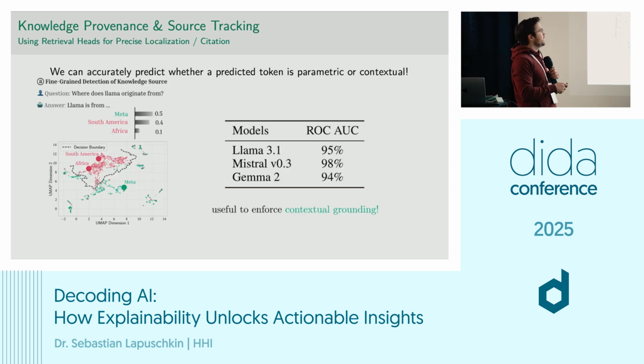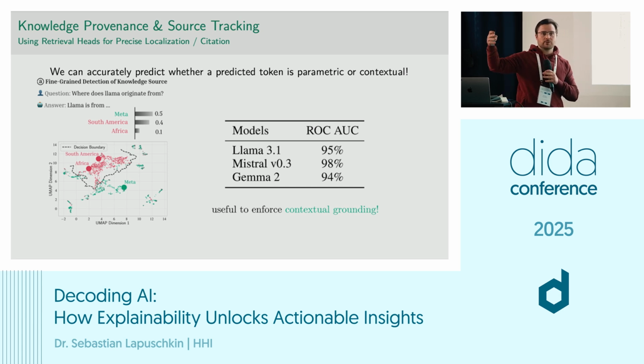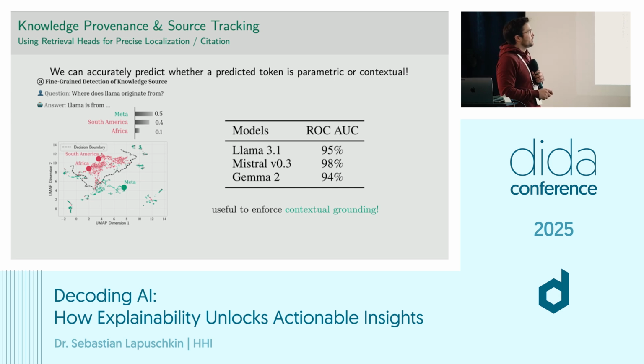And this is what you see here, basically. This is a UMAP representation boiled down to 2 dimensions with all the activations for those retrieval heads, where each point in this high dimensional space is 30 or 40 dimensional, depending on how many heads we select. And the dotted line is the decision boundary of this linear probe we trained. So what you see is, if you reduce to this 2D space,